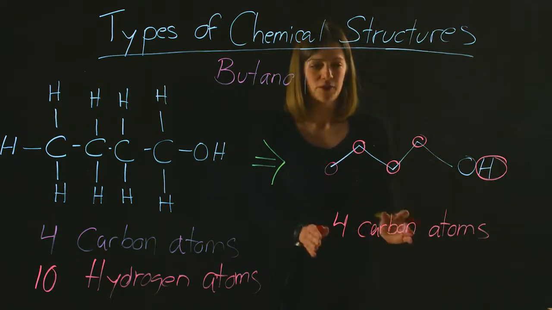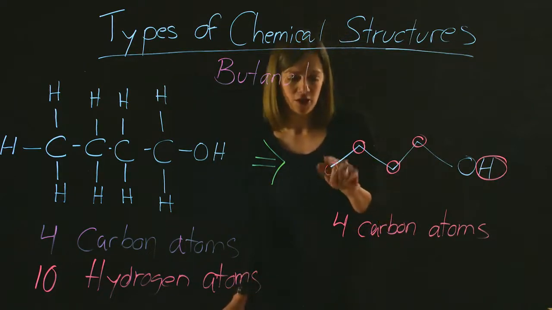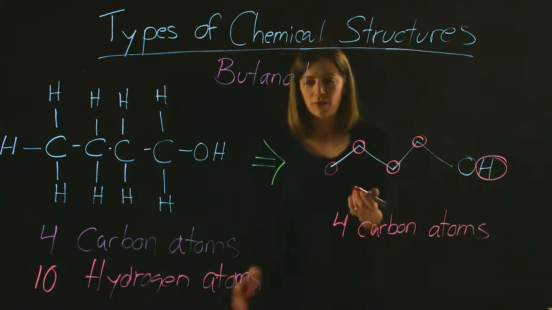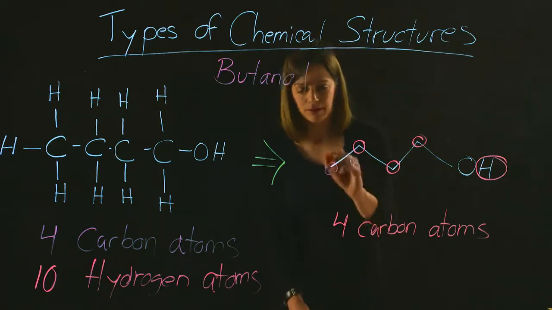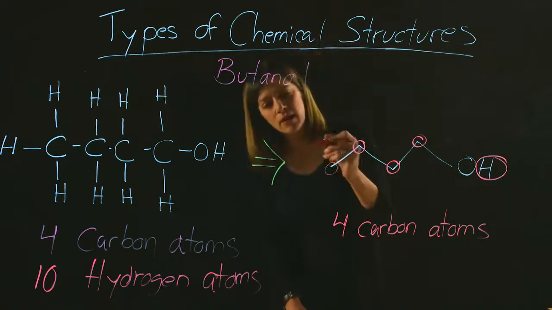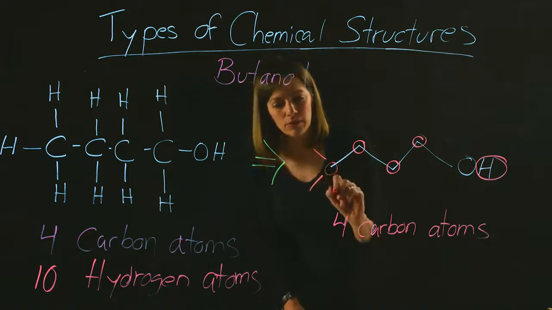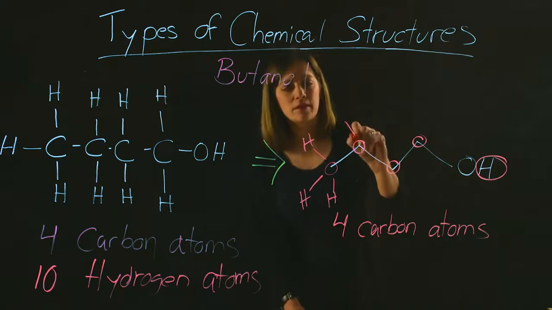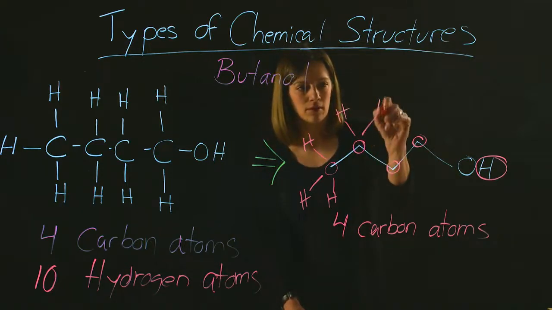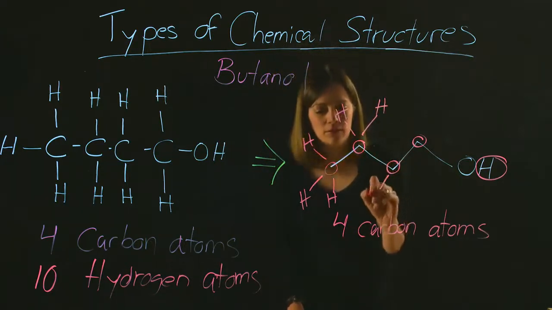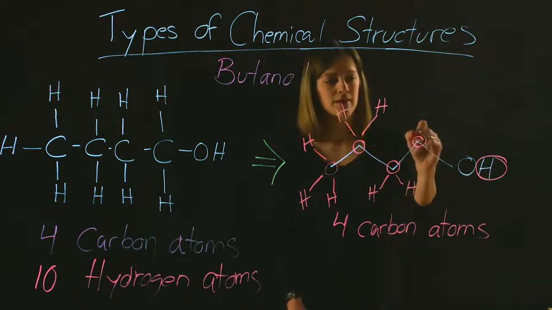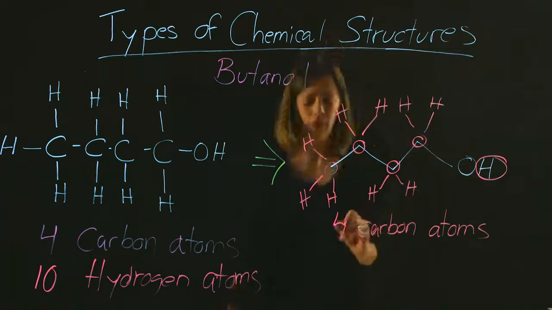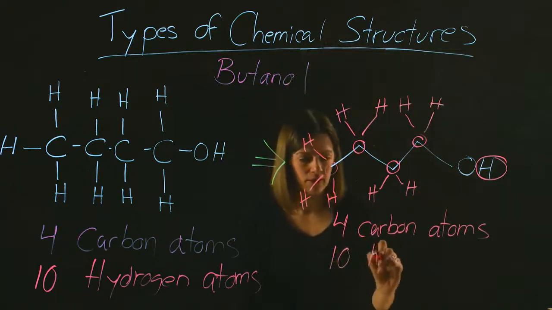So you have to assume that if you don't have any charge on the carbon atoms, you're going to have enough hydrogen to form a total of 4 bonds. So that one needs 3 hydrogen atoms. 1, 2, 3. So they're here. This carbon atom needs 2. That carbon needs another 2. And this one, 2. So then you have a total of 10 hydrogen atoms.